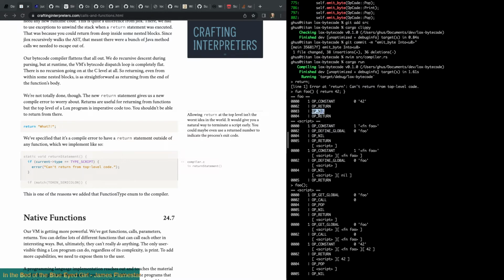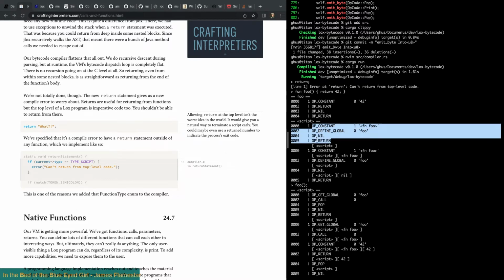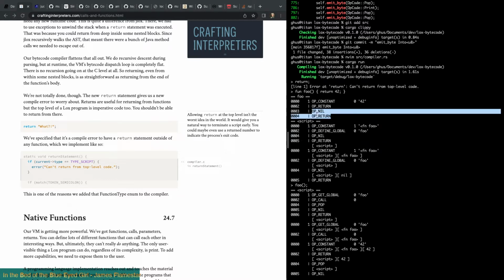Okay, so this is interesting. This must be the top level script, and this is the function itself, I guess. Yeah, because we have to define this global. No, this is the top level script here where we define global and then we do a nil return. It looks like we're doing a nil return regardless, so it's just adding an extra 2 bytes to our chunk. Right?